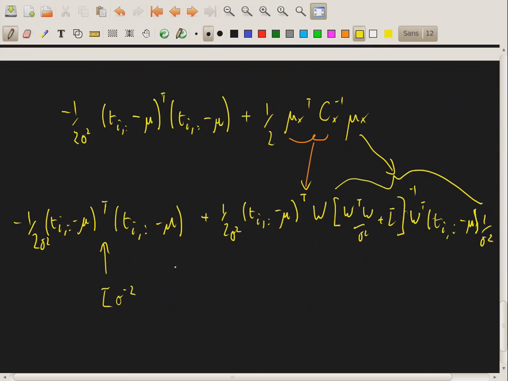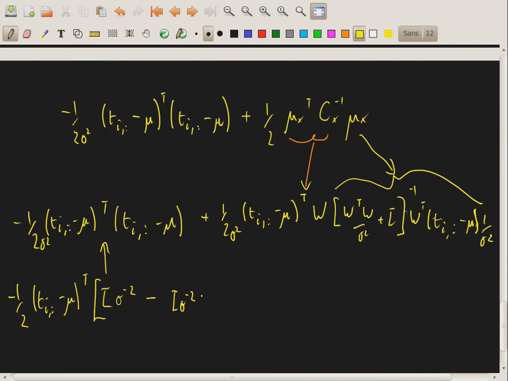And then if I'm going to write half that, now I'm going to start the matrix. So I'm going to extract out the matrix from this side too. So, because it's minus half of that, this one is now minus I sigma to the minus 2